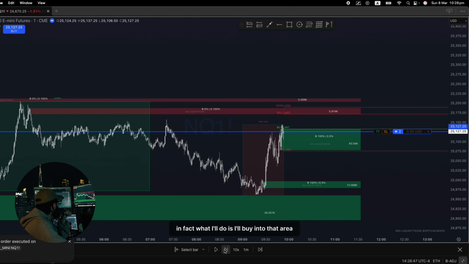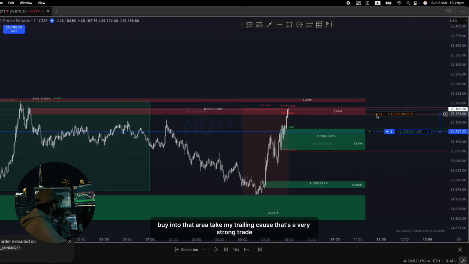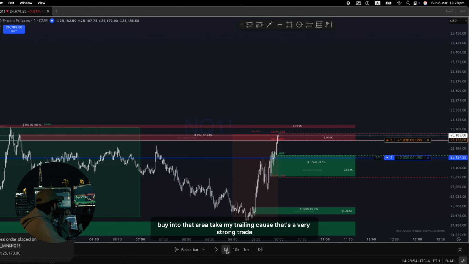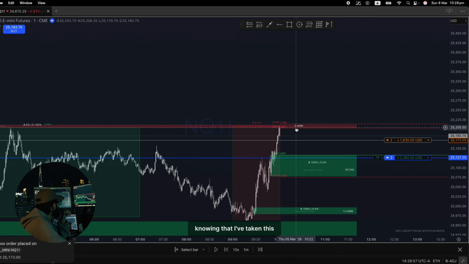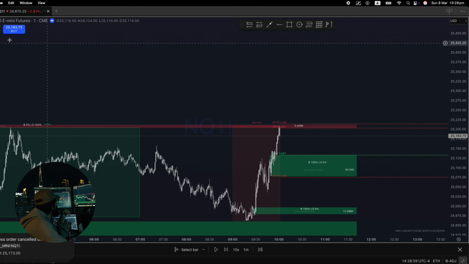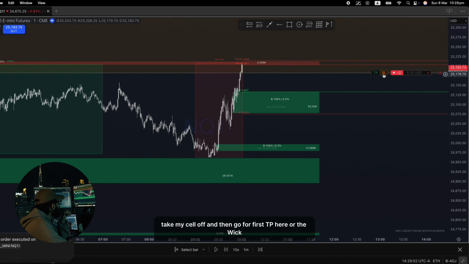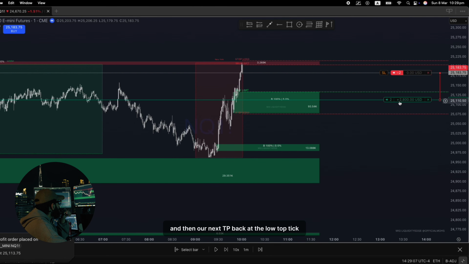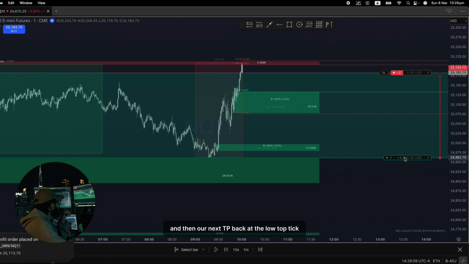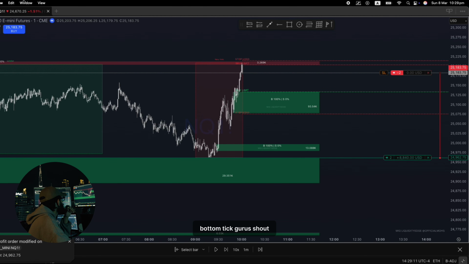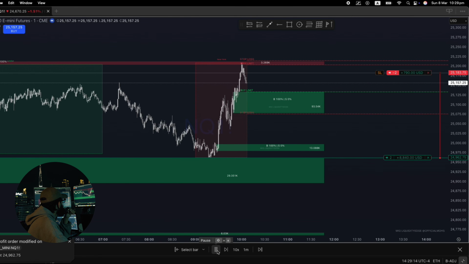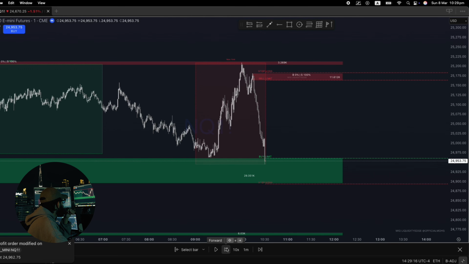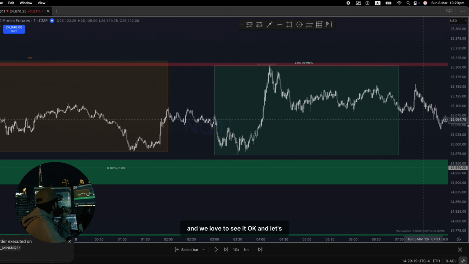In fact, what I'll do is I'll buy into that area. Take my trailing, because that's a very strong trade. Knowing that I've taken this take profit, take my sell off, and then go for first TP here, or the wick. And then our next TP back at the low. Top tick, bottom tick gurus, shout. And we love to see it. Okay, and let's